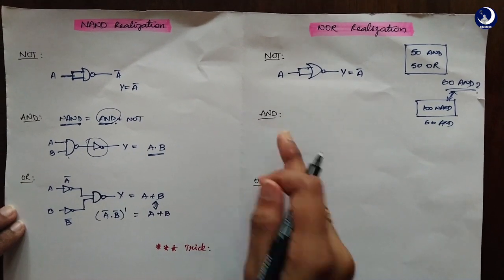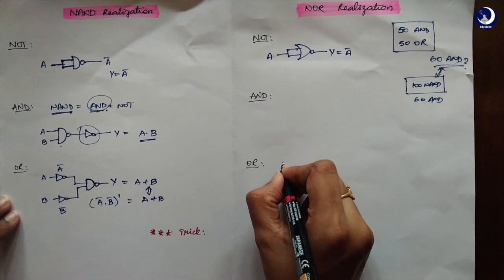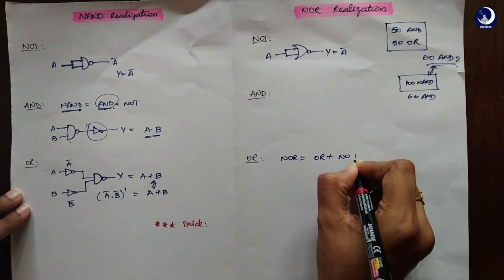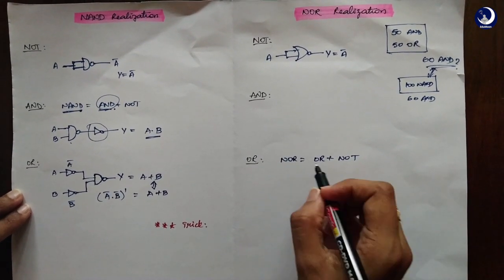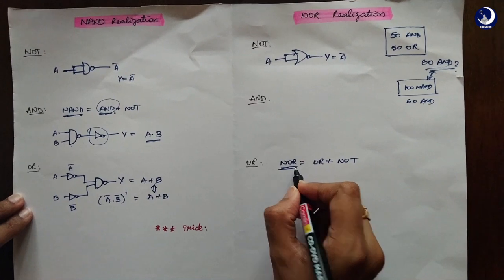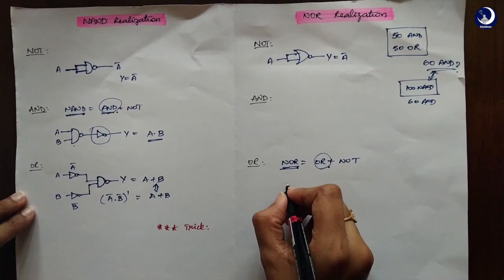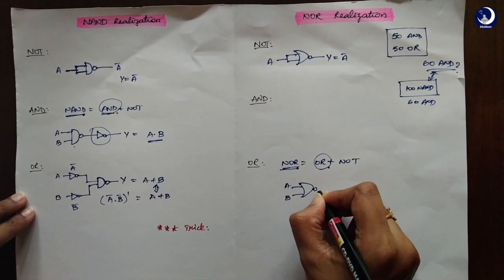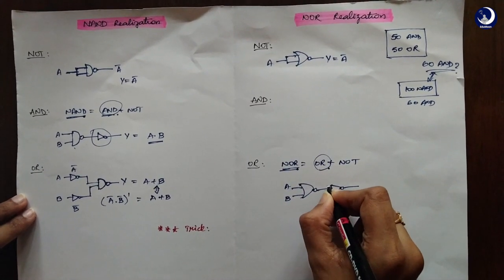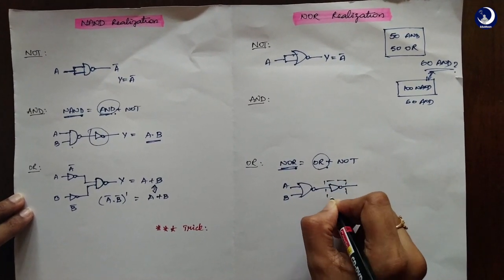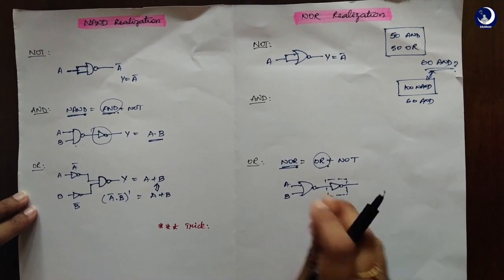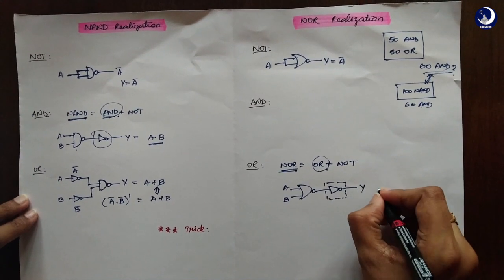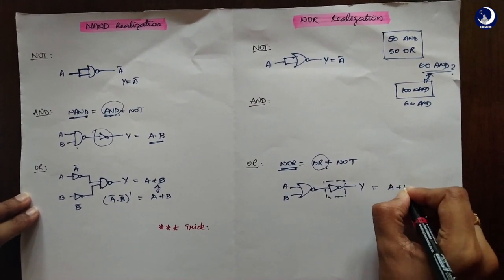Now before getting into AND, let's look at OR first of all. So NOR is also simple, like OR plus NOT. It's similar logic to NAND and AND. So if you again use a complement for NOR, you will get your OR. So how do you do that? A, B, you put a NOR to it and then a NOT again. See, I'm just using this only for simpler writing purposes. Please keep in mind to use these kinds of notations here in place of this one. So this is equal to Y. So Y equals A plus B.